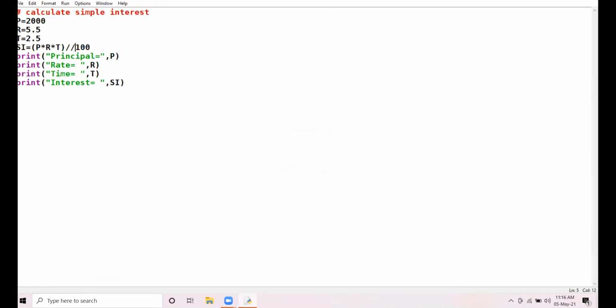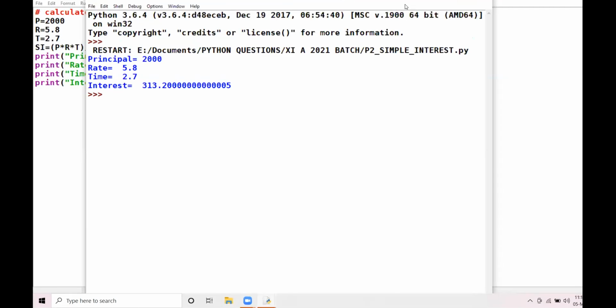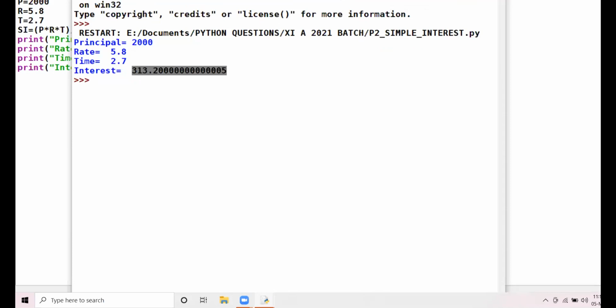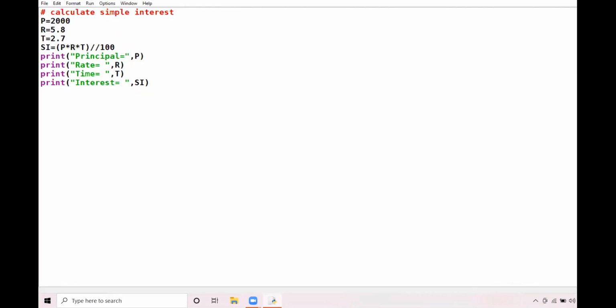I change the values. See the change. If I am taking the division operator, see the output. The answer is coming in fractions, in decimal. Now, if I change it to floor division, the decimal part will be discarded.